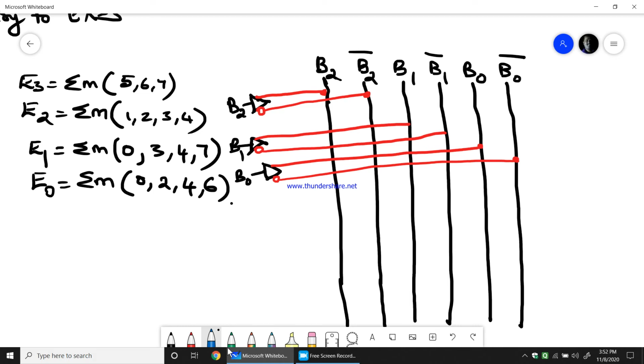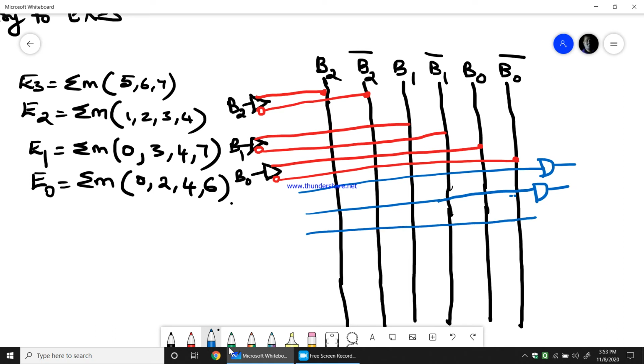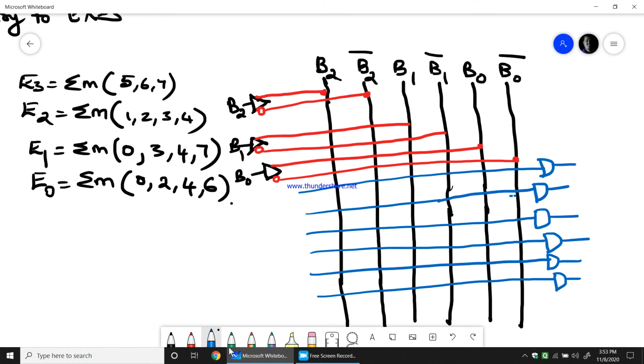As this is a 3-bit function with 3-bit variable input, I get 8 AND gates. 1, 2, 3, 4, 5, 6, 7, and finally the last AND gate.